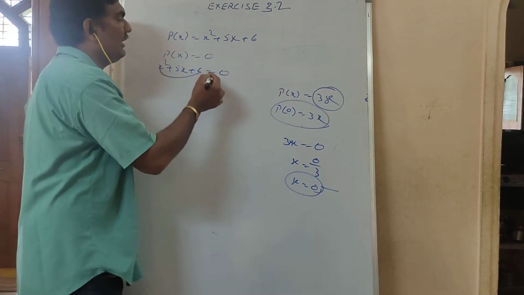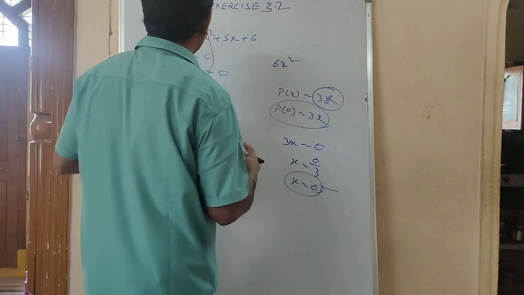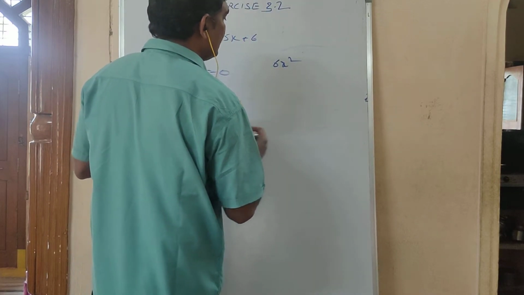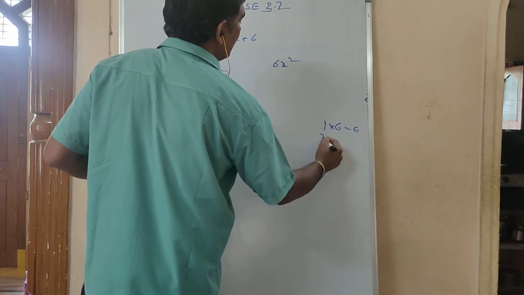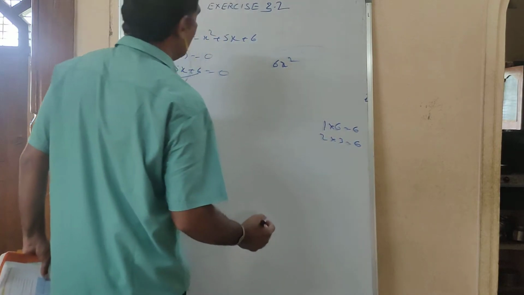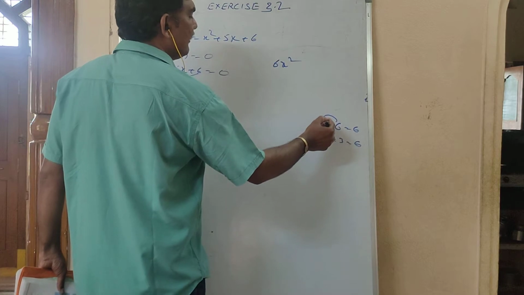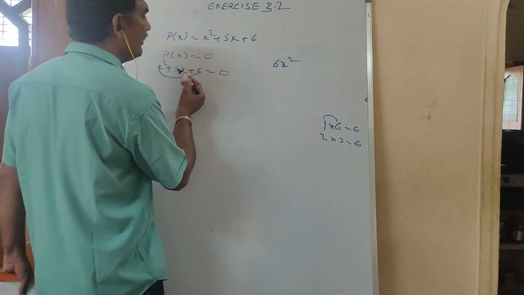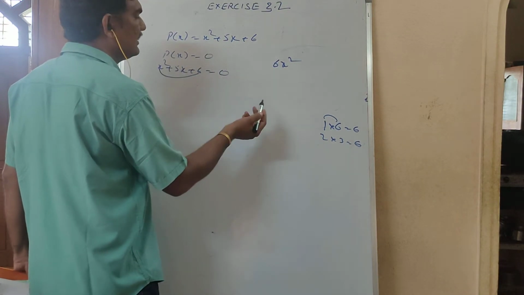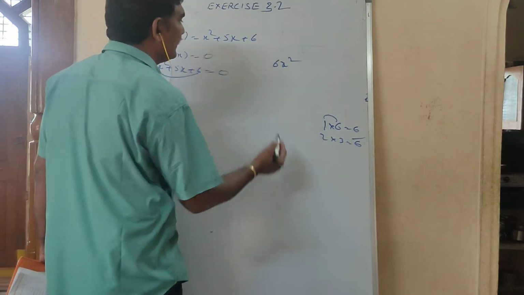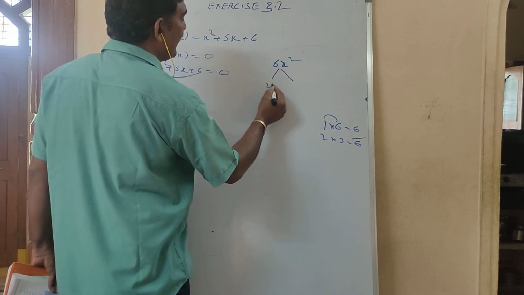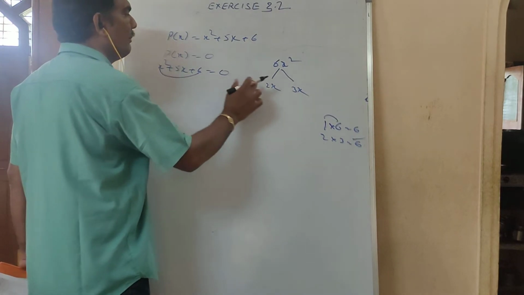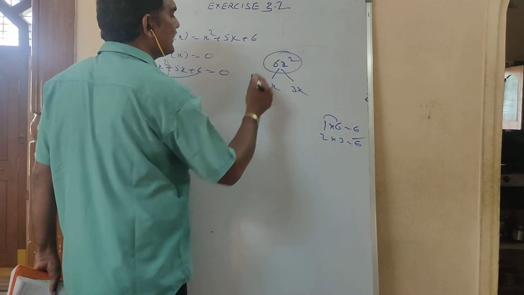Multiplying the first and last, the product you got is 6x square. For 6, the factors are 1 into 6 is 6, 2 into 3 is also 6. But if you add 6 and 1, or if you subtract 6 minus 1, you get 5. But the product you won't get as 6x square. Take this one, that is 6x square, you have to write 2x and 3x. Add these two, you get 5x. Multiply these two, you get 6x square.